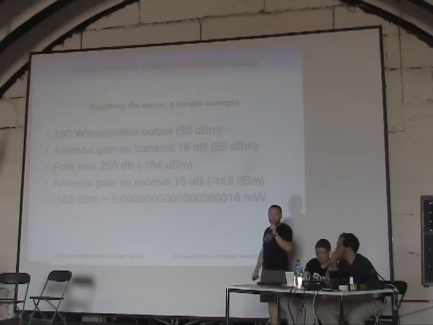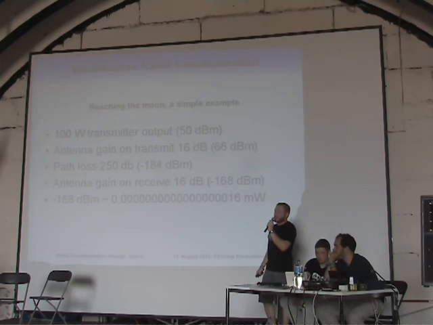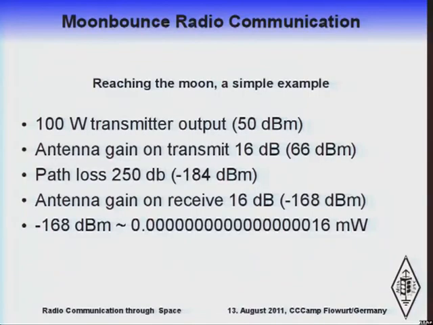Okay, as I promised, a very simple calculation. We think about we have a signal of 100 watts, which is just like a standard light bulb, a bright one, the ones that are not available anymore in the European Union. So this would be equal to 50 dBm of signal power. Then we use, of course, a directional antenna. So you don't use an antenna that transmits all around with the same strength. So you use a directional antenna, which might give you a nice gain of 16 dB. The good thing is you can just add that to the 50 dBm, so you get 66 dBm.